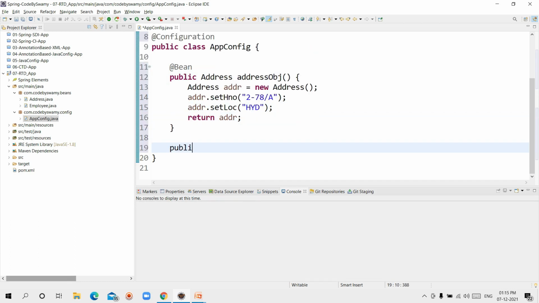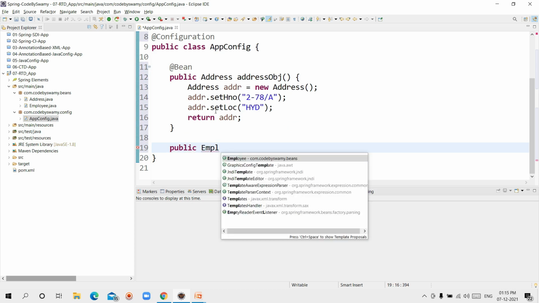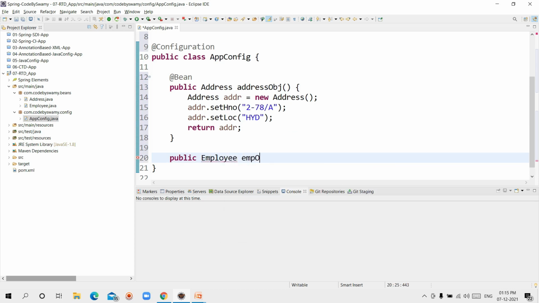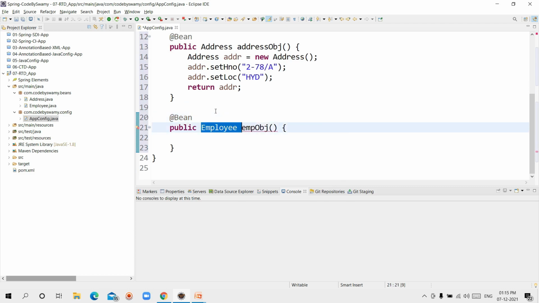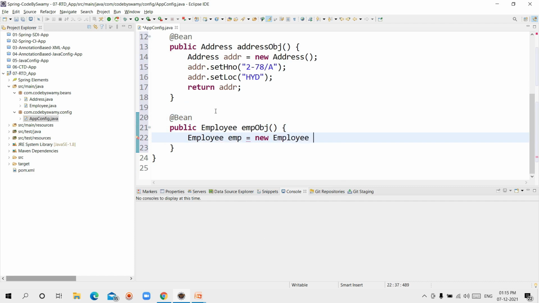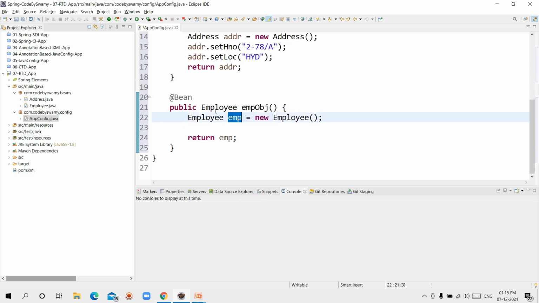Now I am writing public Employee empObj, the method name. On top of it I am writing the @Bean annotation. Create the object for the Employee class: Employee emp is equal to new Employee. It returns emp. Set the data to emp.